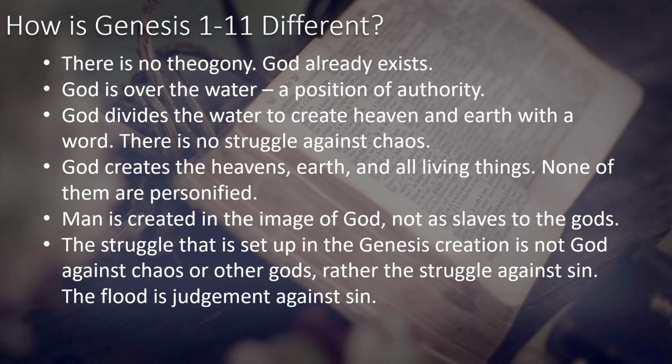the world. So we see Adam and Eve in the fall, and then we see the judgment that God has there as they go out of Eden, and they see the struggle between the godly lines that flow from Adam and Eve, and the ungodly line that flowed from Adam and Eve. Then you end up with Noah, where the world is utterly corrupt from sin, and God uses flood waters as a judgment against sin, not as an instrument of reintroducing chaos into the world. So the struggle in all of the opening chapters of Genesis is not a struggle against chaos;